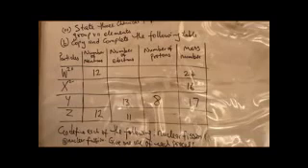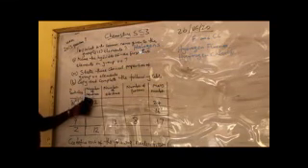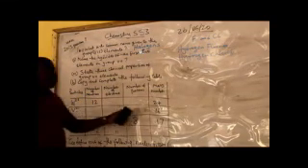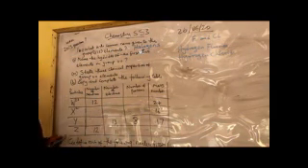Then, let's go to the copy and complete table. If you look at it, they want to test our knowledge of mass number, number of protons, number of electrons, and number of neutrons. Here, the number of neutrons is 12, while the mass number is 24. What will be the number of electrons and the number of protons? First of all, for you to know the number of electrons, you first find the number of protons.